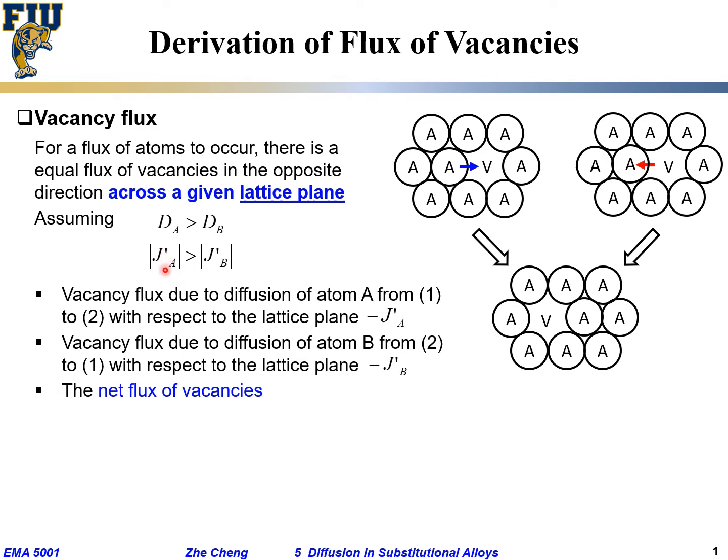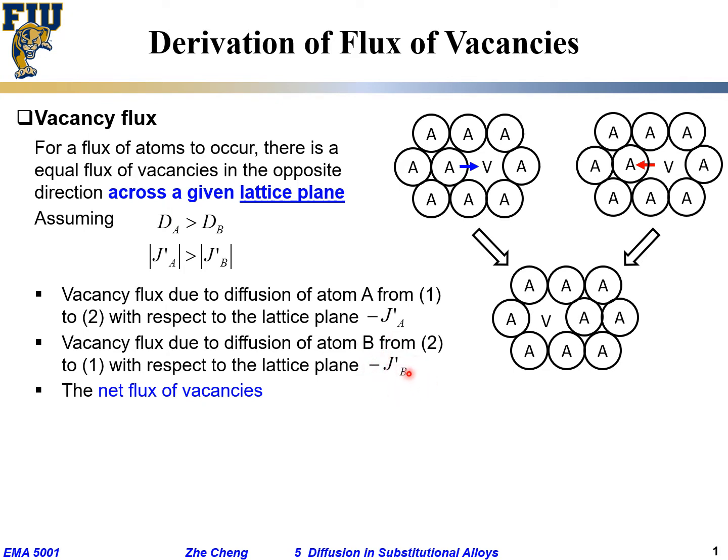Prime means it's with respect to my so-called chosen lattice plane. Okay. A atom moving towards right. At the same time, I would have an equal value but opposite direction of a vacancy going backward for A atom motion. Similarly, B atom moving backward, and I would have a negative value equal amount of vacancy due to